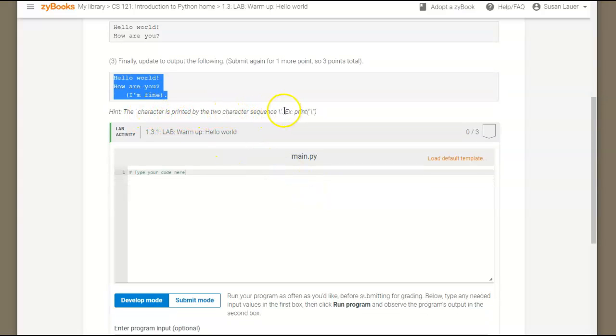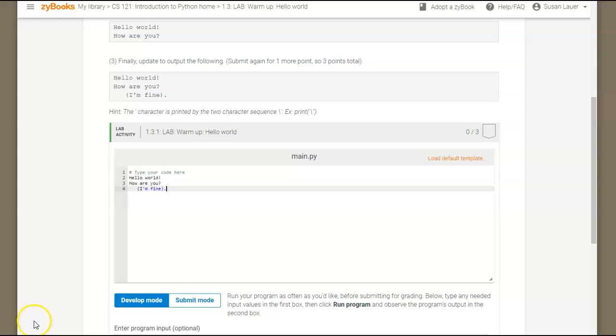A two-character sequence that we had to put in here, an escape character, because a quote is something different in Python. So you have to be very careful when you're working with things like quotes and backslashes. You have to do an escape character, the backslash, before you do that. So here, if I put this in,